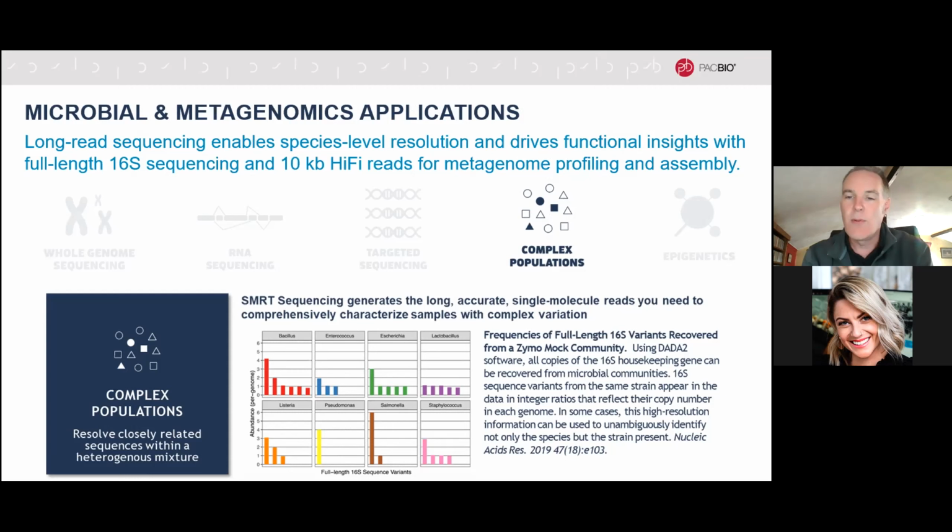There's a little example here, again, using just 16S data from a mock community. This is a sort of culture that you buy that has various bacterial strains spiked in at various levels, and you can look specifically at the 16S there to see what's there, and there's a given known community presence, and then see what the sequencing data gives you. And using a tool called DADA2, it actually finds in these